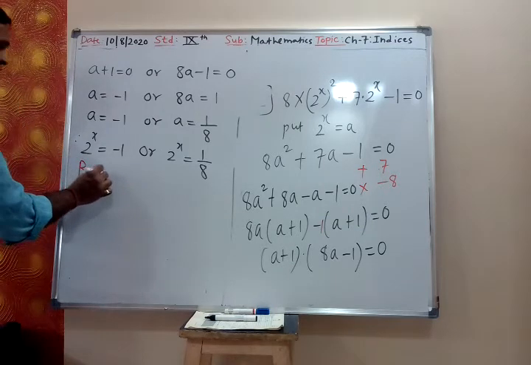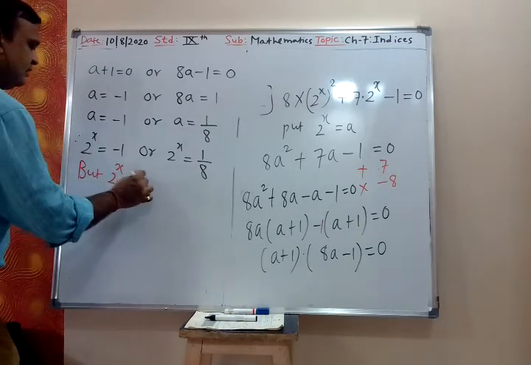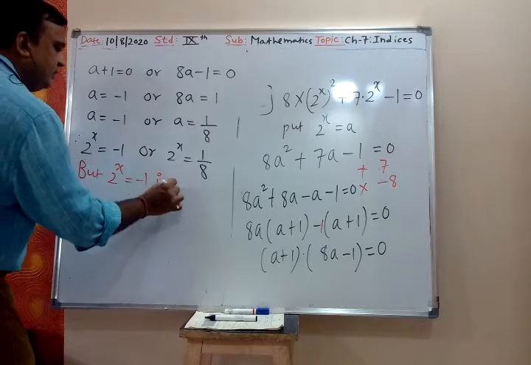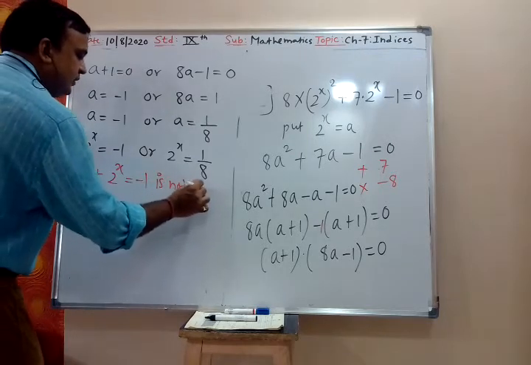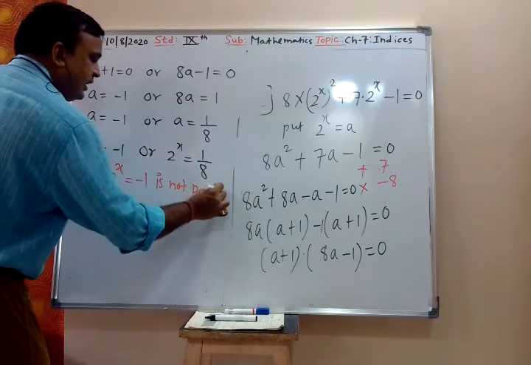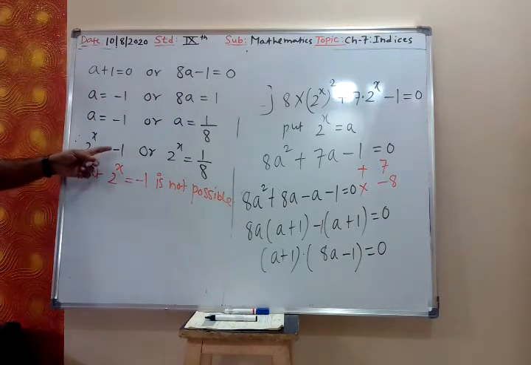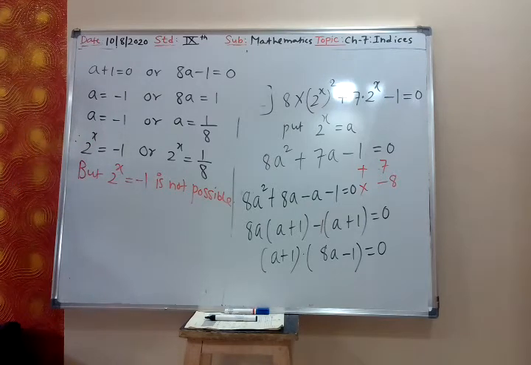But 2 raised to x is equal to minus 1 is not possible. It can never be negative. It can be 1 at most. It can never be negative because 2 raised to 0 is 1, no? Yes, 2 raised to x will never be negative because